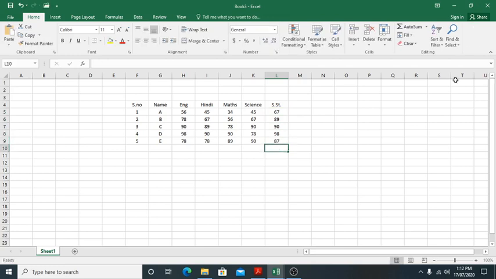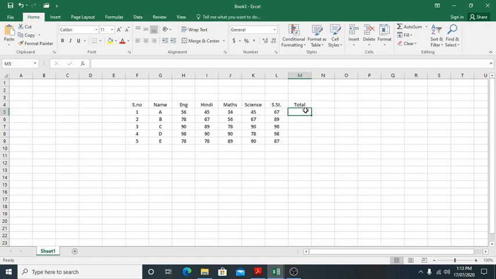Okay students, now we have written the serial number, name, and 5 subject marks. Now we will add a total here. Students, in the previous class we told how to add the numbers. Here we want to use the range. So how to use the range? Suppose we want to add them, so the function we are using is the sum function.